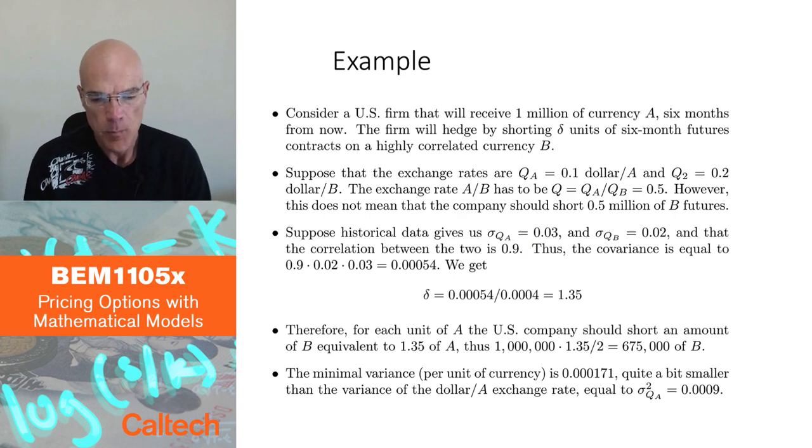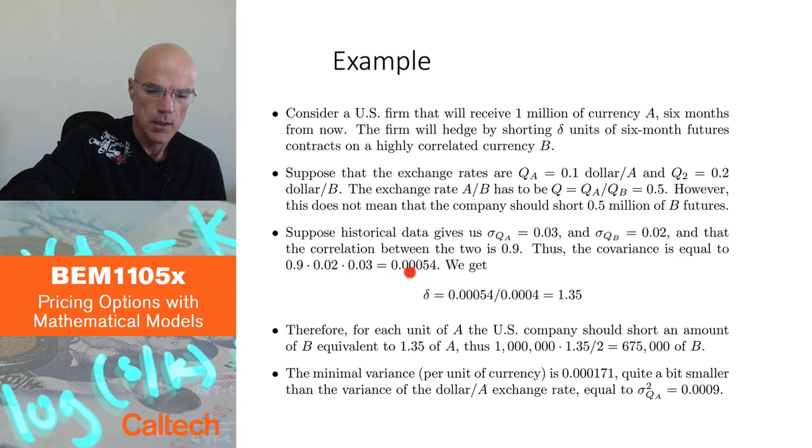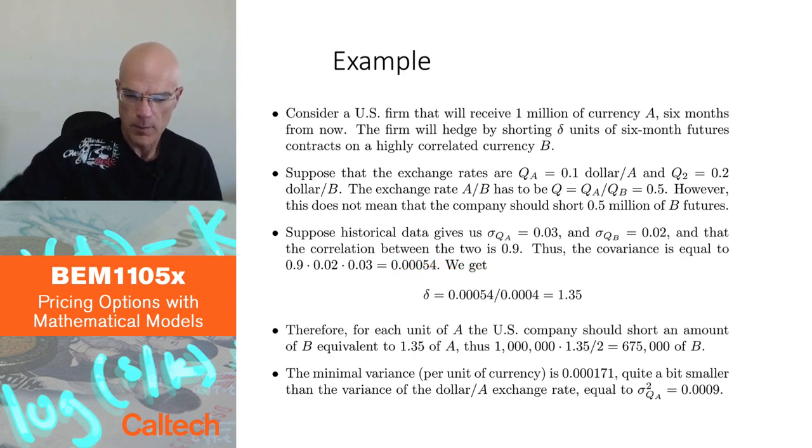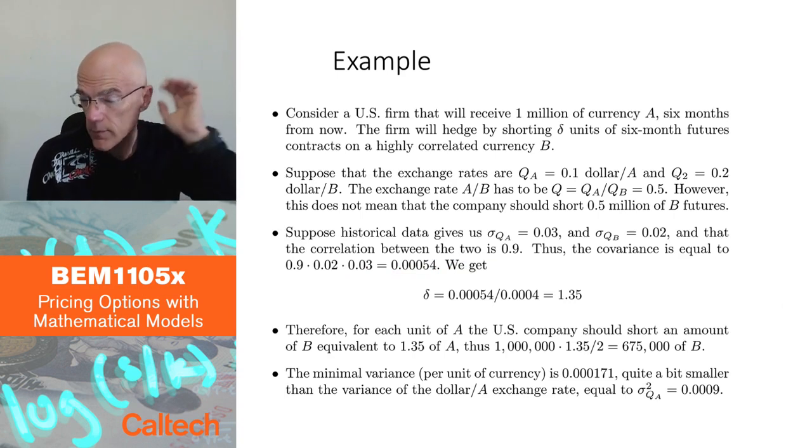Then, well, I had two formulas. Let's go to the original formula. For there I need the covariance. So the covariance, as I mentioned in the previous slide, is the correlation times the standard deviations. Yes, it's 0.9 times 0.02 times 0.03, which is 0.00054. And then we had our formula, which said that the optimal delta is the covariance over the variance of